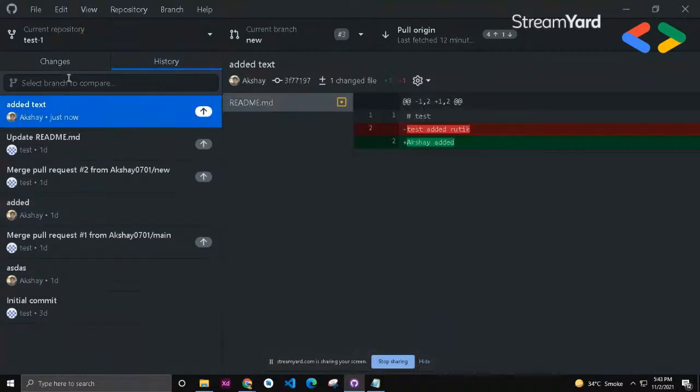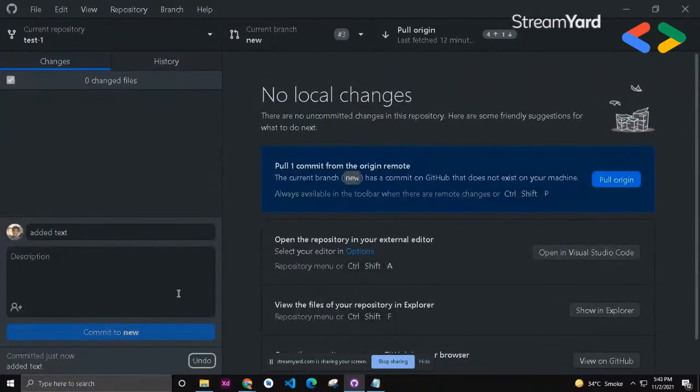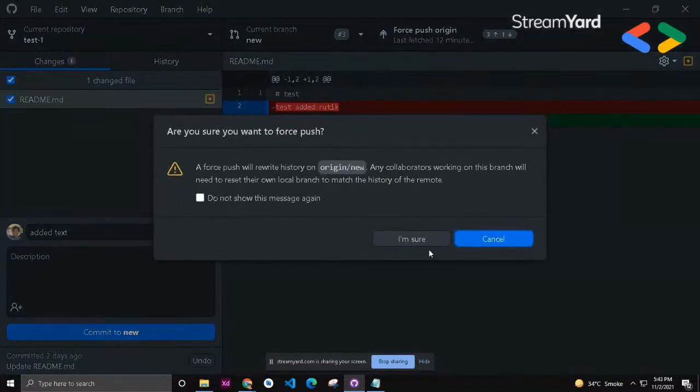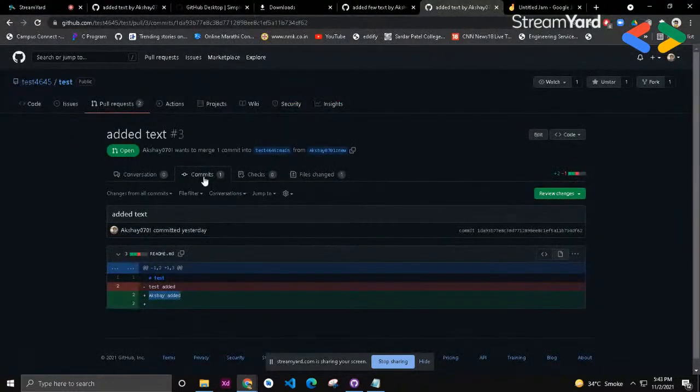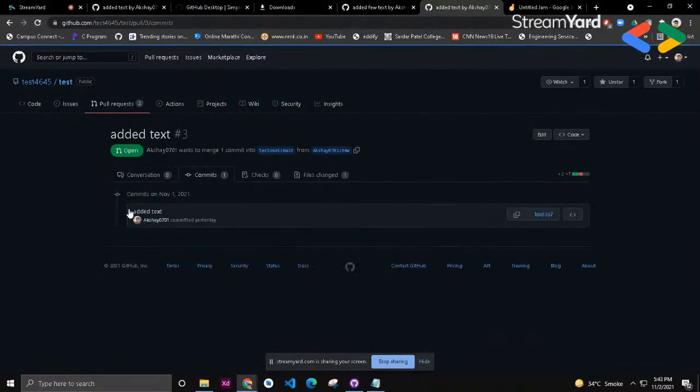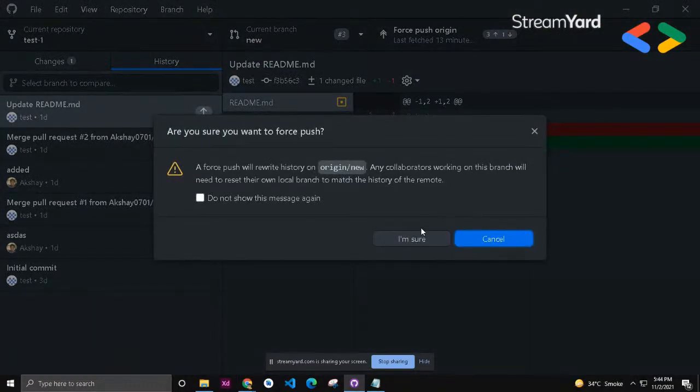Okay, now let me do one thing first. I will force push. Force push is basically, if you don't know already, whatever commits you have, it will push with those. I mean, it will basically refresh the whole branch with the new set of commits. So right now you can see here only one commit. Now if I push it,